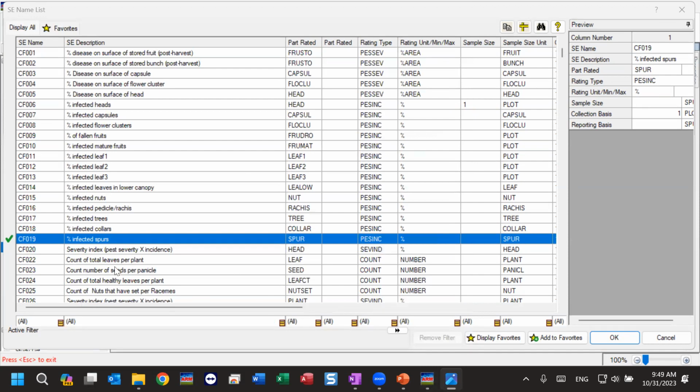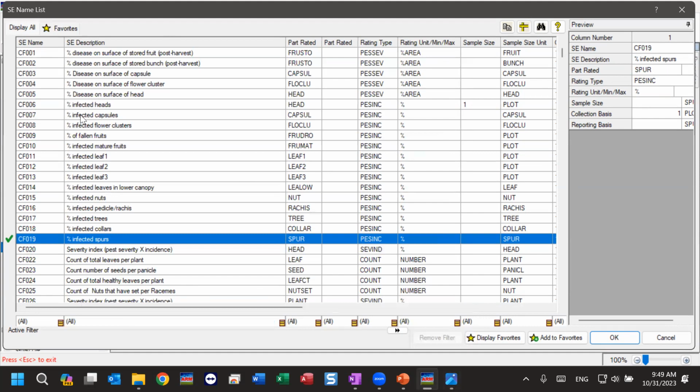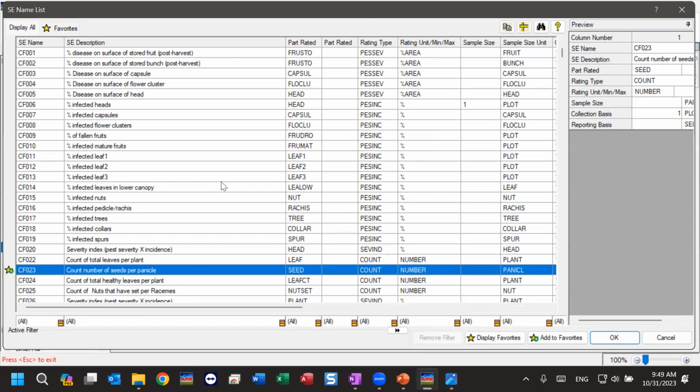Yeah, so you'll want to look here right above the main list in the upper left corner, right under SE name list. It says display all, and then there's a favorites. So I do see that in your screenshot. It's just kind of stashed up here in the corner. Or there's a button to display favorites down here. Hopefully that helps you see that list of favorites once you've added one. If not,